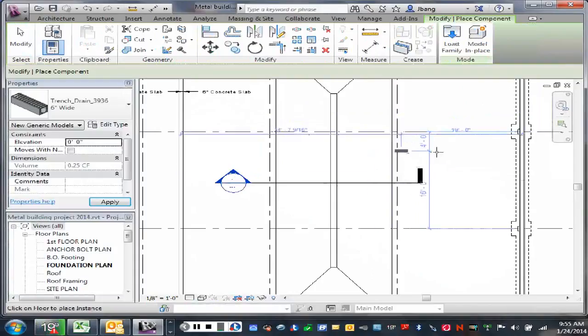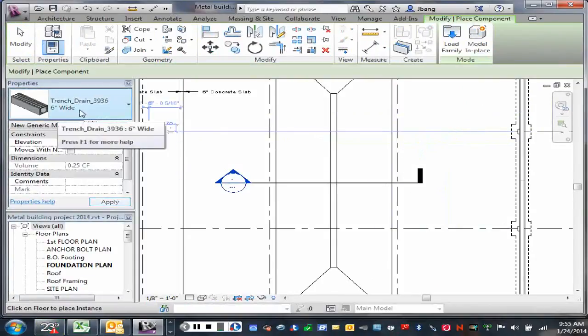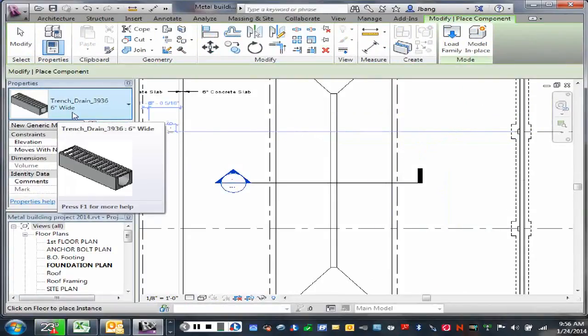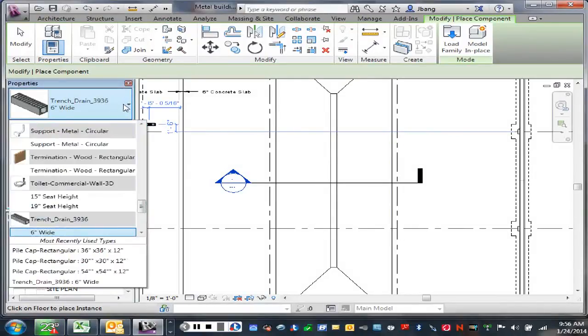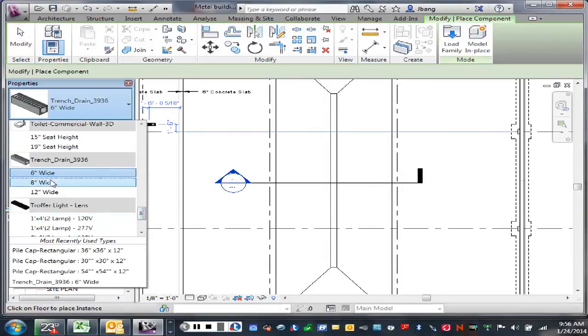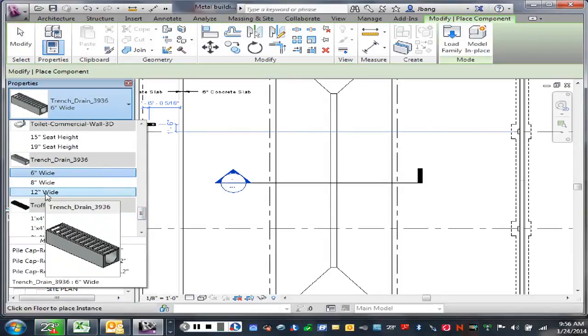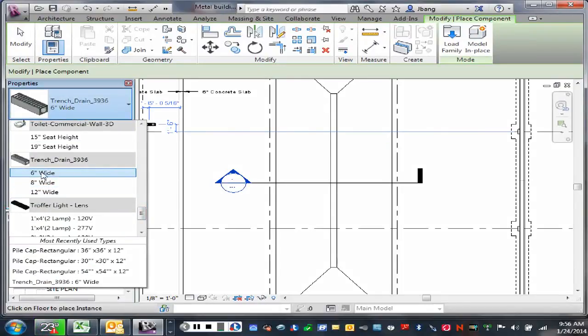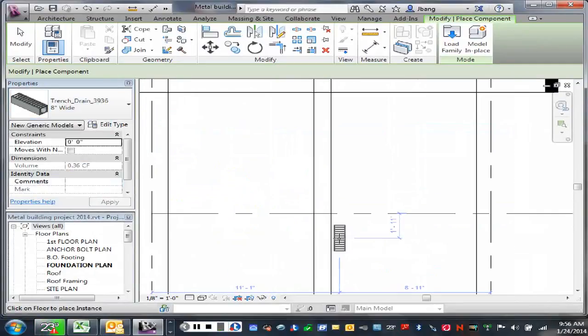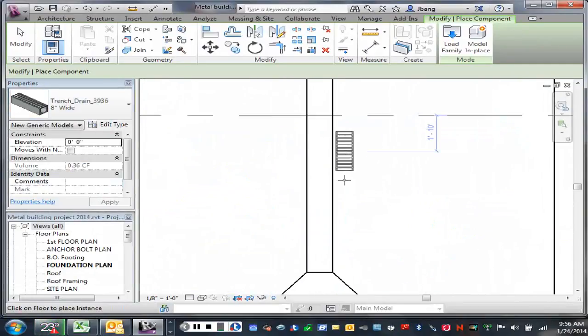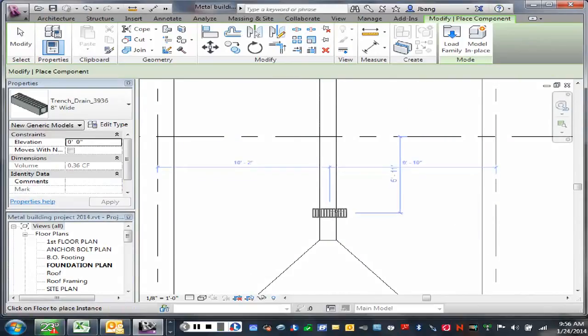And it comes in on your crosshairs. And you'll notice over here under the project browser that it's a 6-inch wide trench drain. If we clicked in there, there is a 6-inch, there's an 8-inch, and there's a 12-inch. So let's go to the 8-inch. Okay, so now I have the 8-inch on my crosshairs, and when you start hovering over that flat spot,